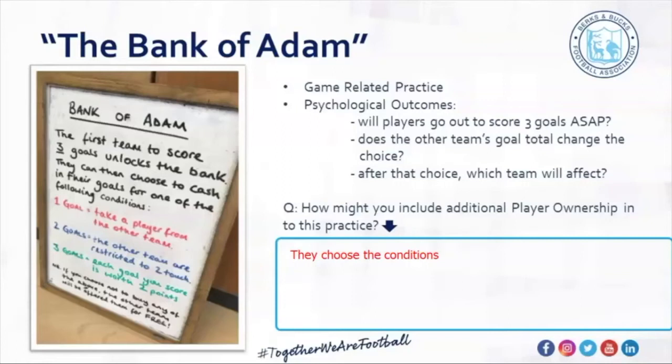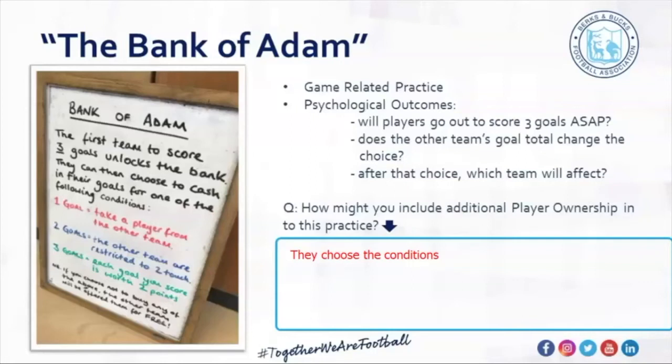So how long have we played this for? When I normally play this, if I deliver this on a level 1 course or a level 2 course, I say, right, first team to 3, brilliant, you choose. Now we're going to play for 5 minutes, and we're going to find out what the score is after the 5 minutes. So to find out how they're going to play, how the other team are going to be affected. I found this to be really interesting, and to find out what I get from certain players that I find haven't shown as much of the technical, tactical stuff, like I said earlier, but actually they come into their own when they're choosing those, because the reasoning behind their choice